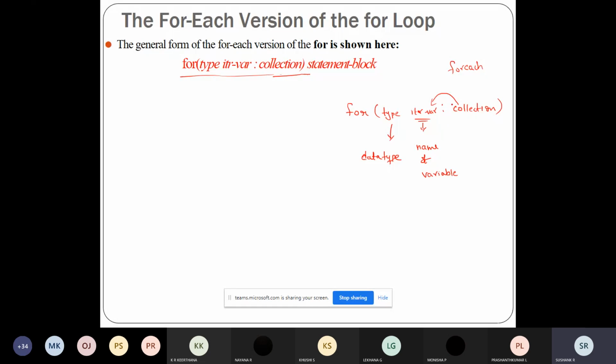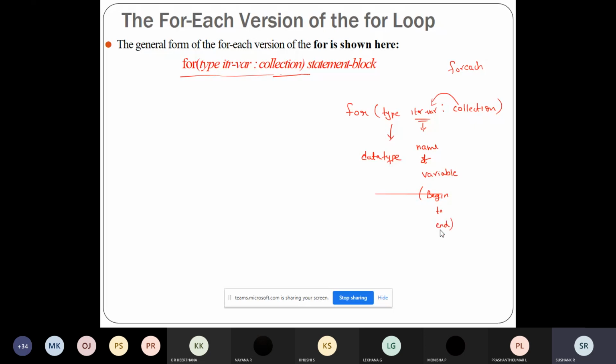The first one is the data type, the second one is the name of the variable which will receive the value from the collection, from the beginning of the collection to the end of the collection.